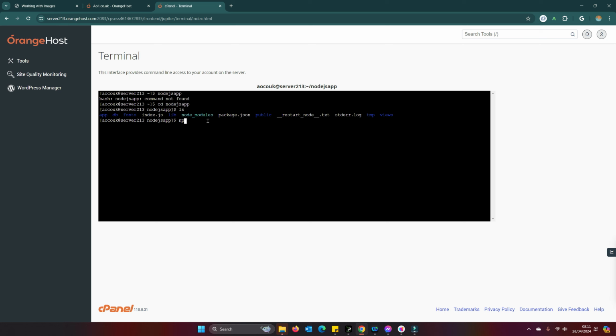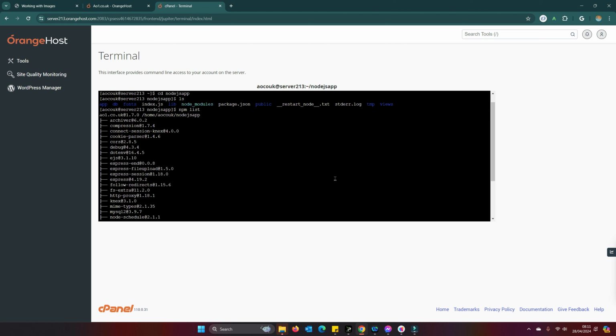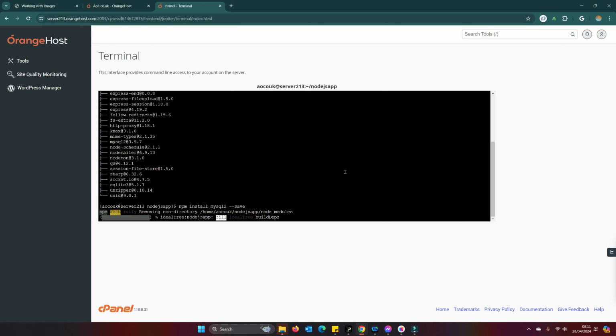Now I can just say, let's say npm list, and you'll see now npm works from the terminal without having to give it its full root. So big thanks to Orangehost for that one, which means you can also, let's say, install MySQL 2 directly. So that makes life a lot easier. That should resolve any issues you have in relation to